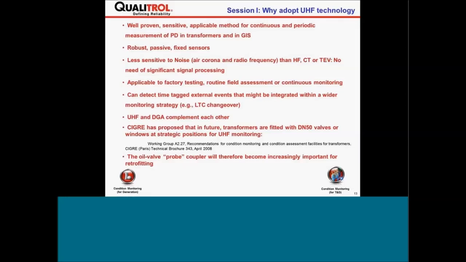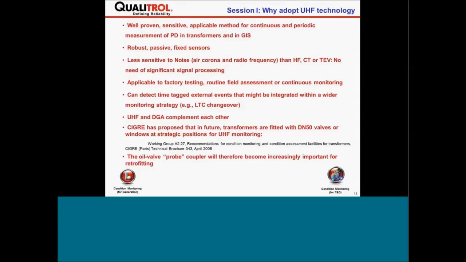The UHF technique for detecting the signal created by the PD is less sensitive to noise because we're in a different band from the normal air corona or radio frequencies that we know we can filter out. So there's less signal processing compared with using CTs or TEVs or HF or ultrasonics